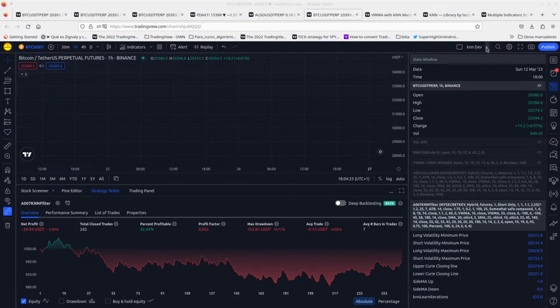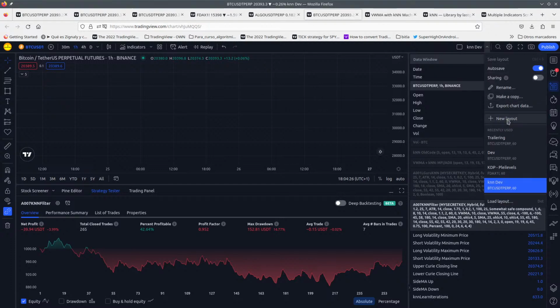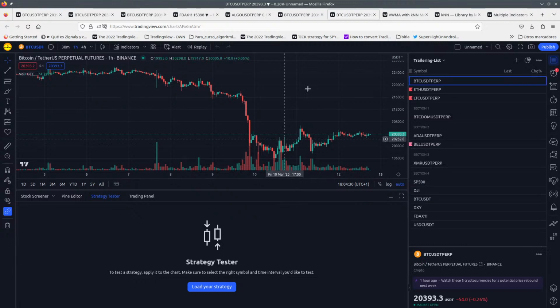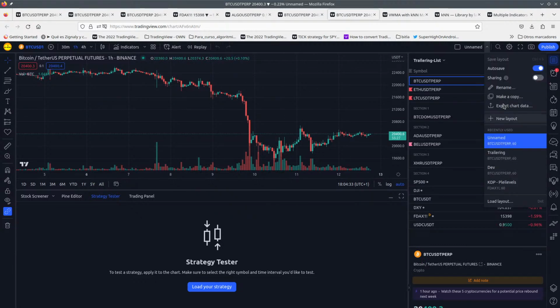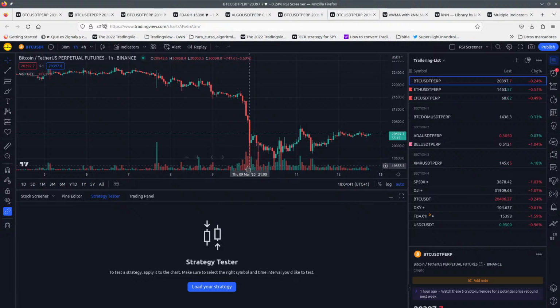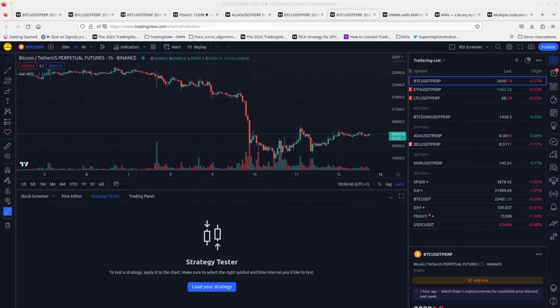So first of all, I'm going to create a new layout, which I guess I'm going to do empty. And so we can say this is RSI screener. And the other thing that we should do probably is some text so that we can write what this is all about. You know what I mean? Otherwise,